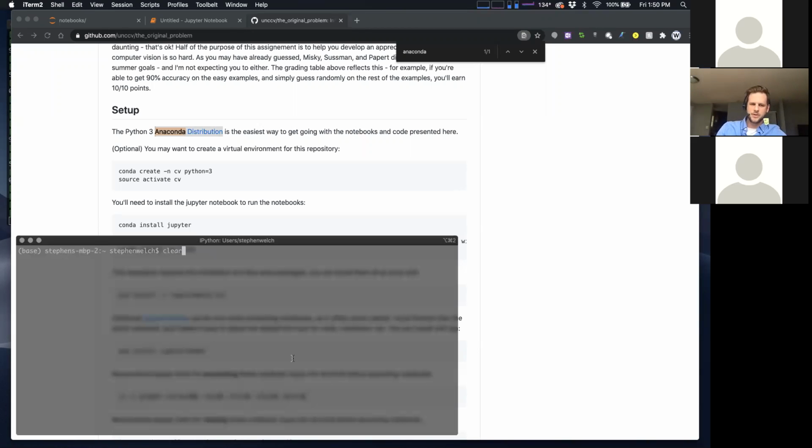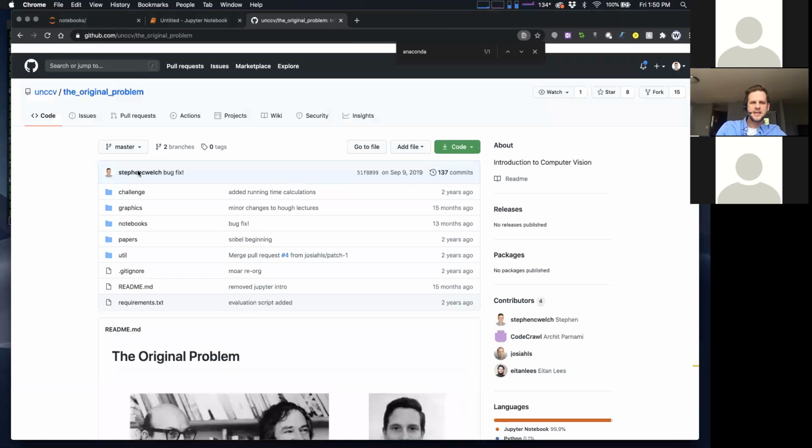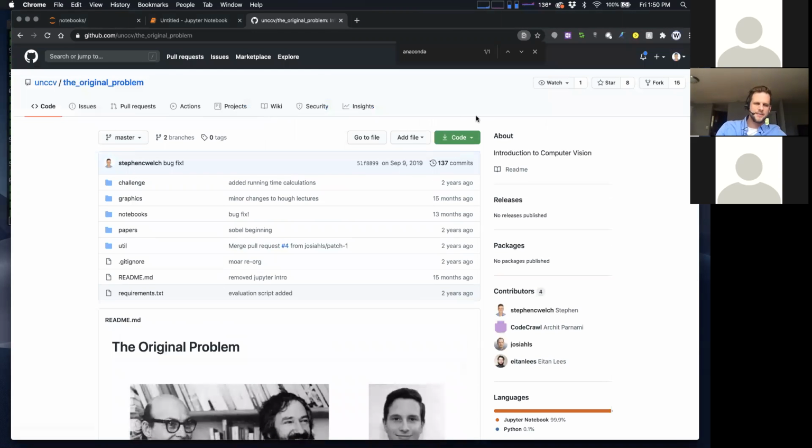Make sure that you cloned the repository. Let's talk about cloning just for 1 second. So this is a GitHub repository. GitHub, if you haven't used it before, is a very popular version control set of software built around the technology called Git. Git is version control software, and GitHub is a website and a web app that allows you to collaborate on Git projects.